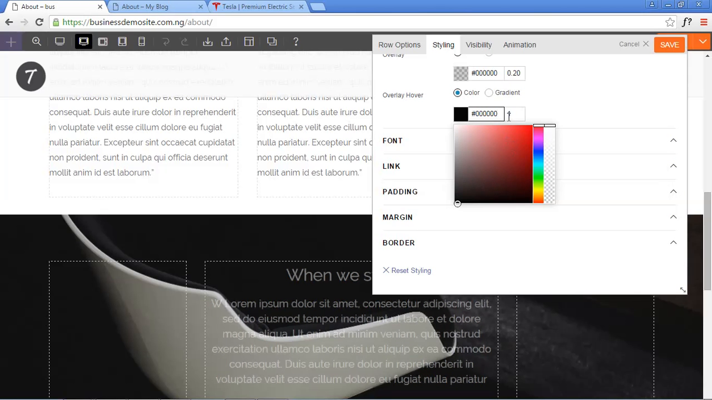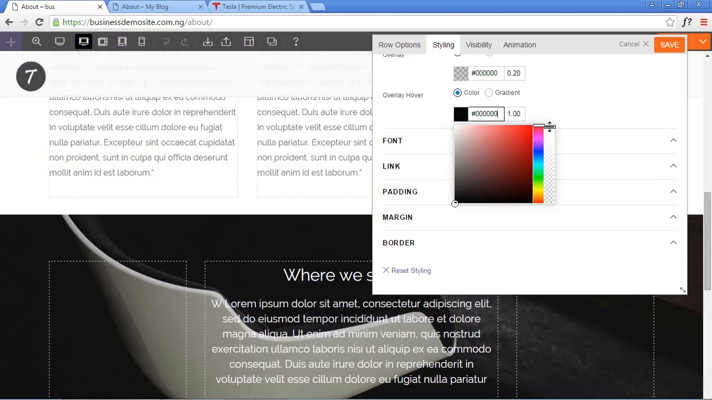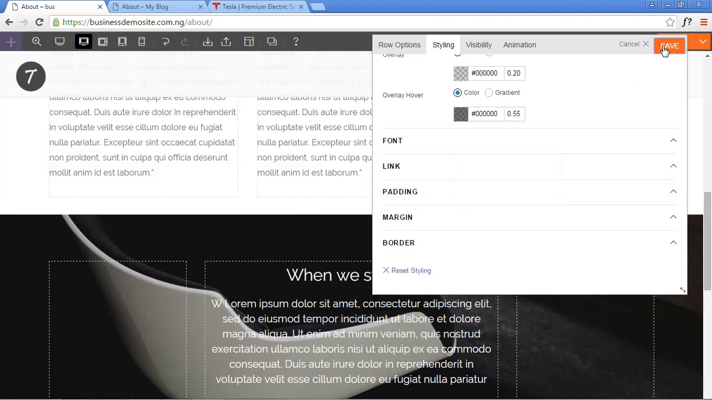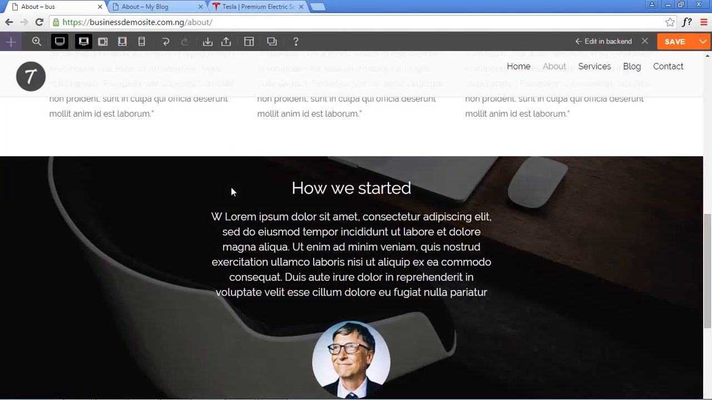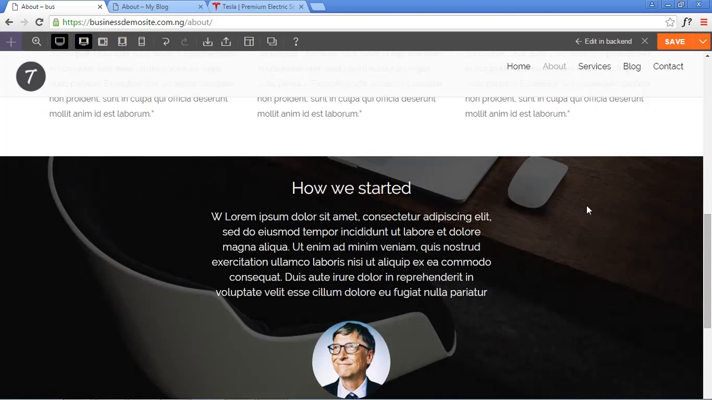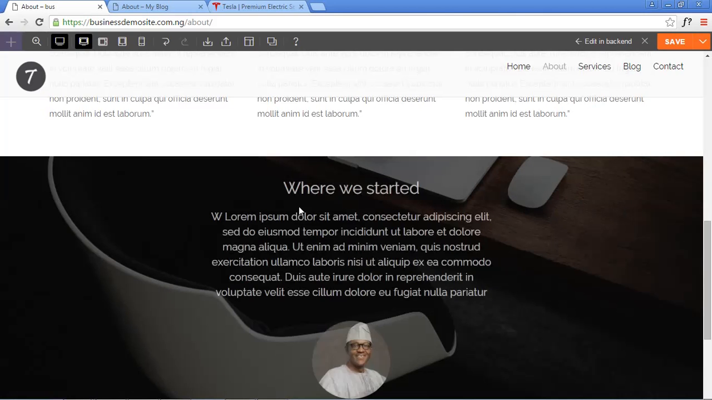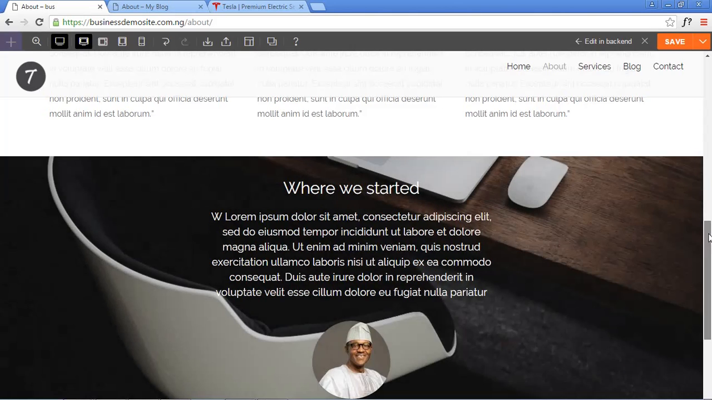So for our transparency now, I'll make this say this is fine. So let's just save this and see a quick preview of what we have done. Preview. So you see it gets better as the mouse moves or hovers around it, it gets darker and our content is easier to read. So we're done with that. Save,